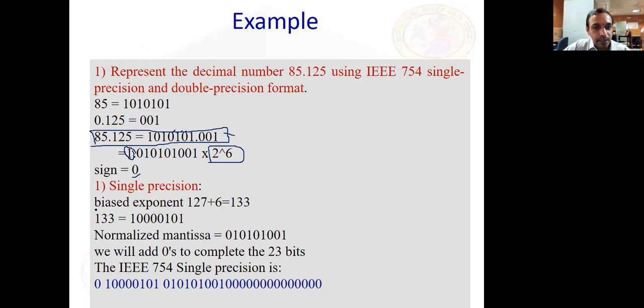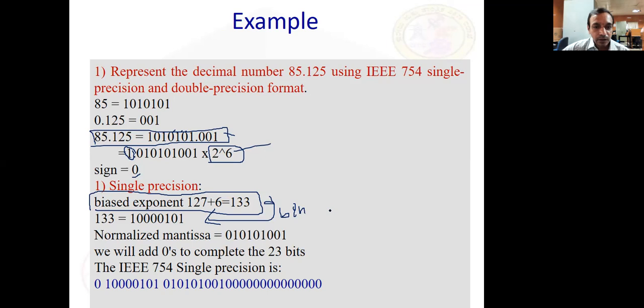So the biased exponent is what? I said you have to add 127. I have shown that to you. So your actual exponent is 6. You are adding 127, which is 133, which is in decimal again. That also you make it in binary, because all things we are representing using 32 binary bits. So exponent, mantissa, everything should be represented in binary format, even though it's a decimal number.